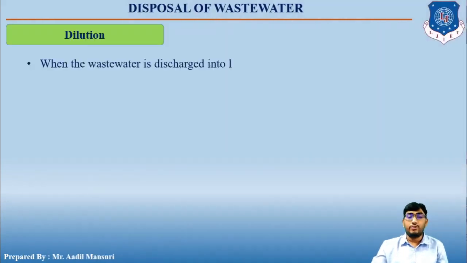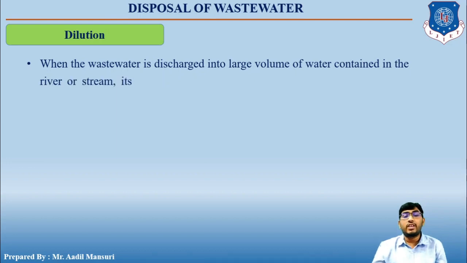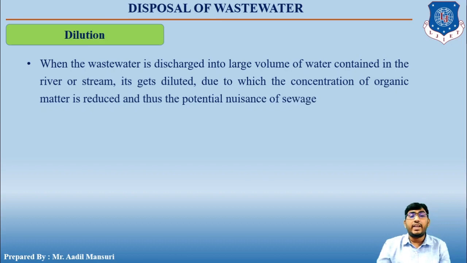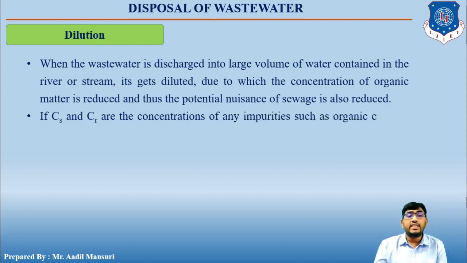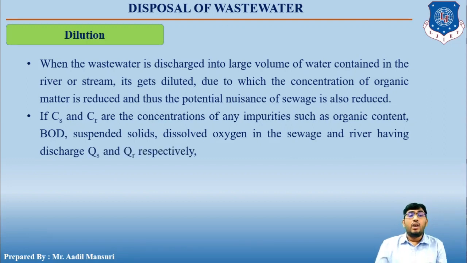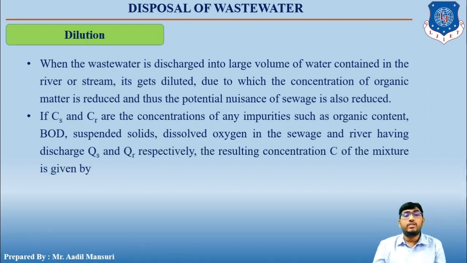Let's talk about dilution. So when the wastewater is discharged into a large volume of water contained in the river or stream, it gets diluted, due to which the concentration of organic matter is reduced and thus the potential nuisance of sewage is also reduced. If Cs and Cr are the concentration of any impurity such as organic content, BOD, suspended solids, dissolved oxygen in the sewage and river having discharges Qs and Qr respectively,